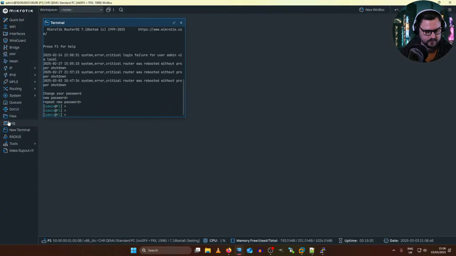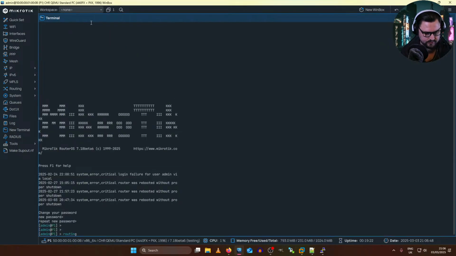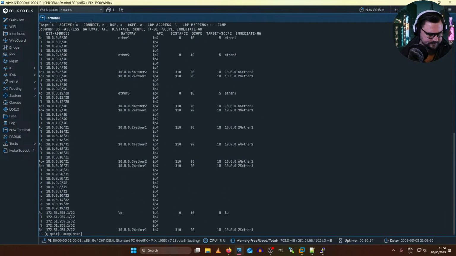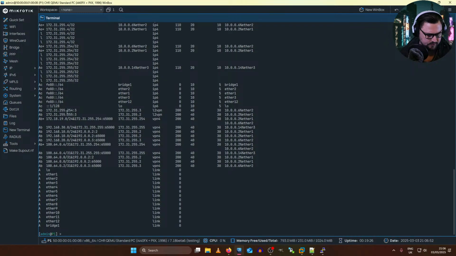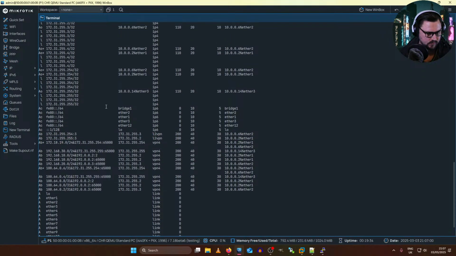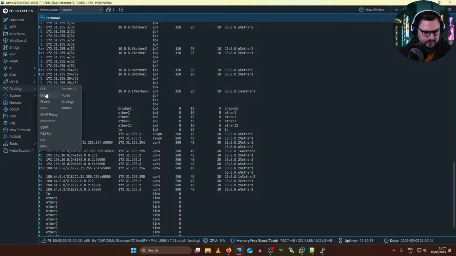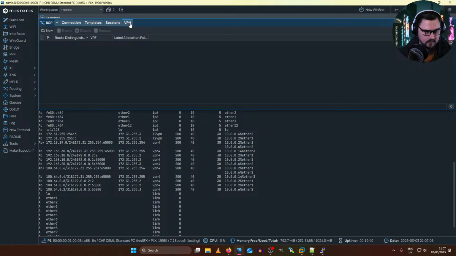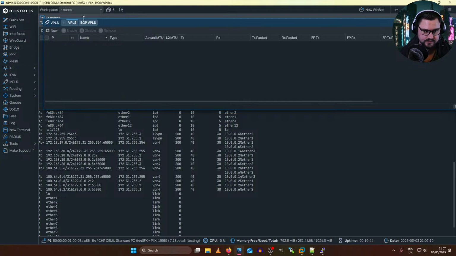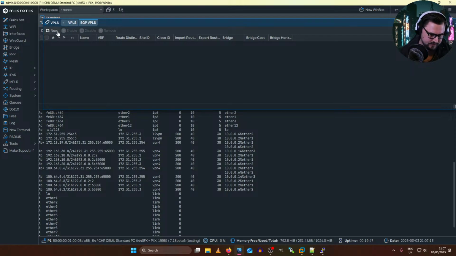So if I just do a routing route print, I should see I'm getting some L2VPN stuff, which is correct. That's good. I'm happy with that. So next point, to try and make this work, I can just go into MPLS, VPLS, and this is kind of like the trick workaround, which is